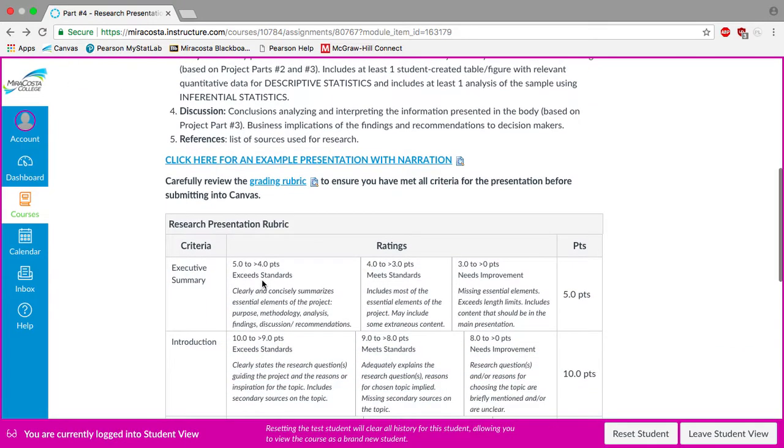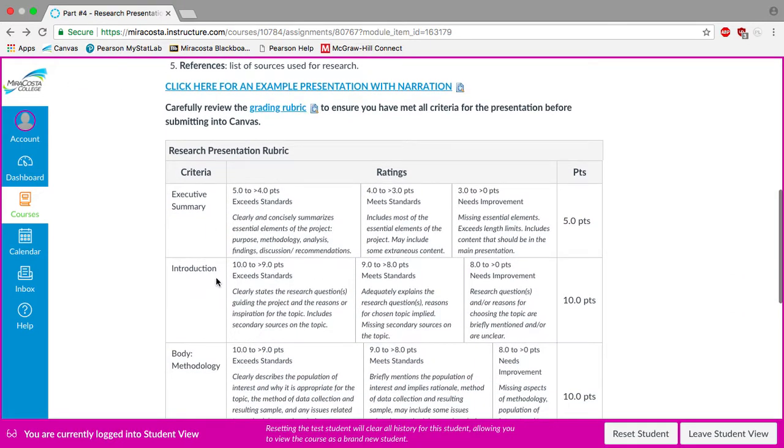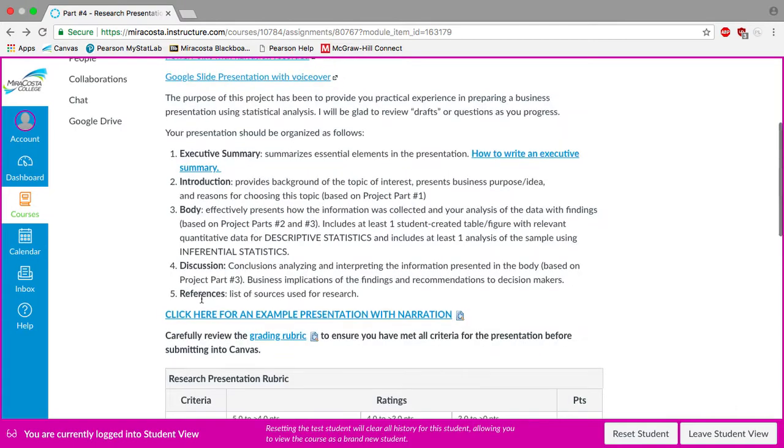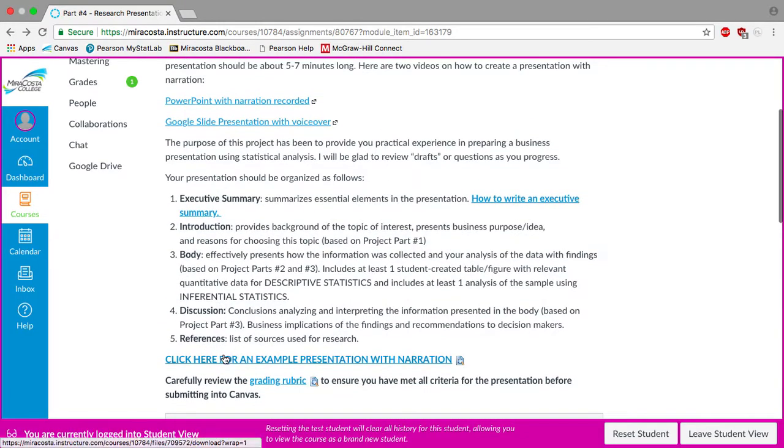If you scroll down below, you can see the grading rubric that will be used for the presentation. Now, I strongly recommend that you look at the example presentation with narration. So when you open up this file, and I'm not going to do it because if I do, the narration will start running. So once you click on it, you'll see a PowerPoint with slides, and you can see how